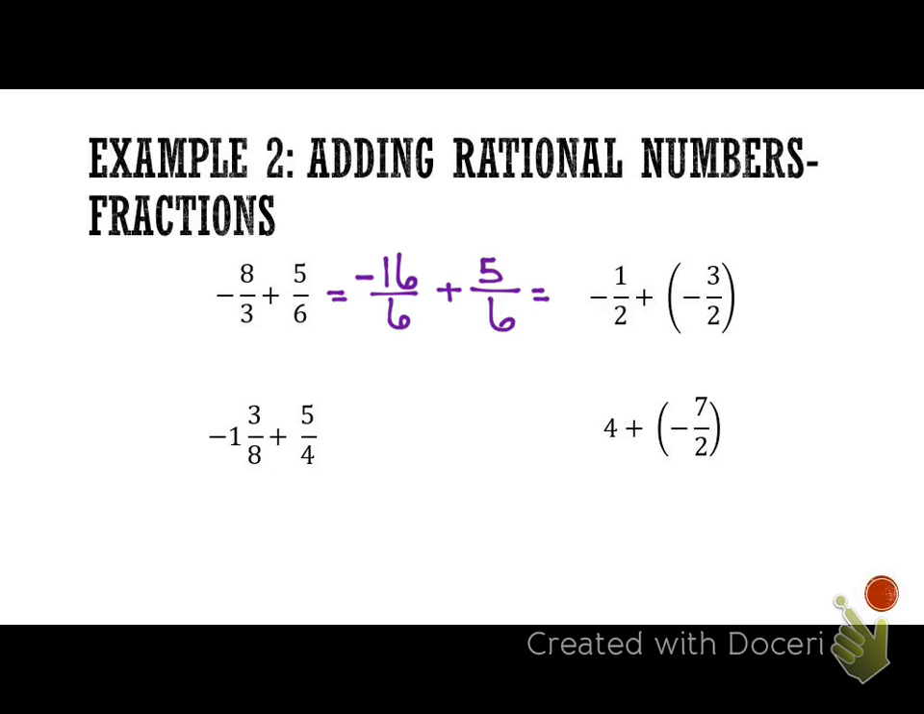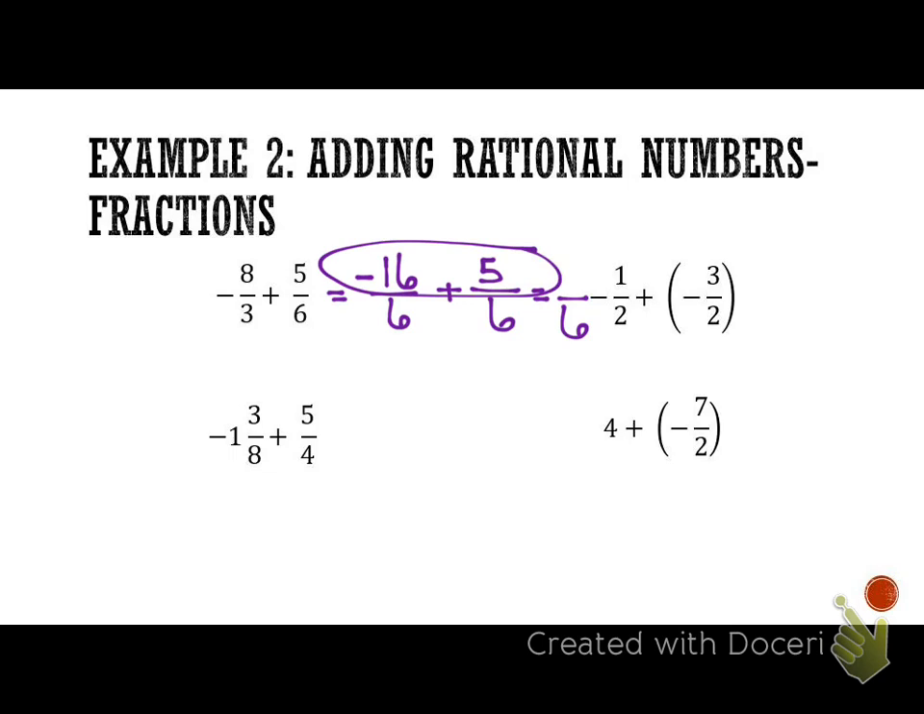Okay, 16 because 3 times 2 is 6. So 8 times 2 is 16. You have to multiply by the same number top and bottom. Okay, good question. All right, so now, guys, we've established we're going to bring our 6 across, and now we